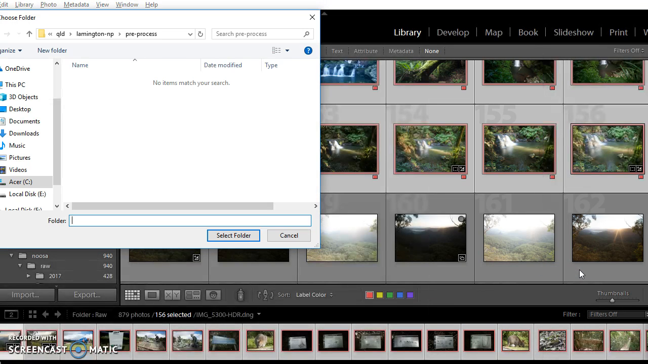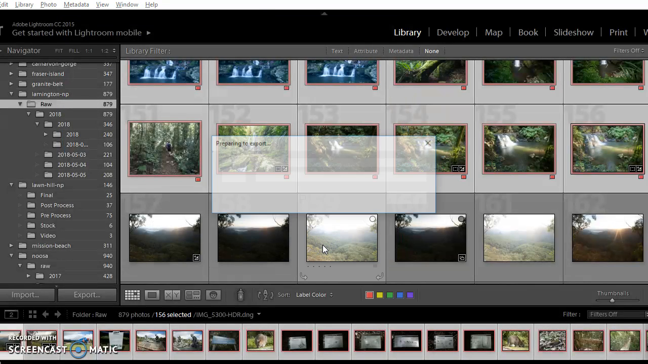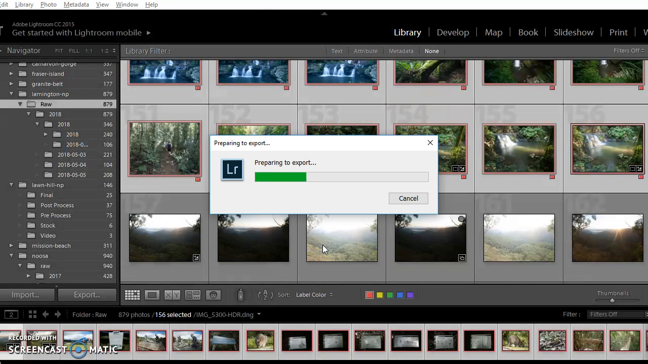So that will still allow us, because I haven't actually edited these, I haven't made any color adjustments on these images. All I've done is narrowed my selection of which images I want to keep. So we still want the complete flexibility to edit these photos in RAW with Lightroom. So DNG is the format to use. So Queensland Lamington Park pre-process, that's the folder that I want to select, and that will now export